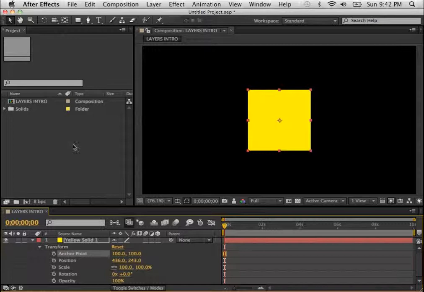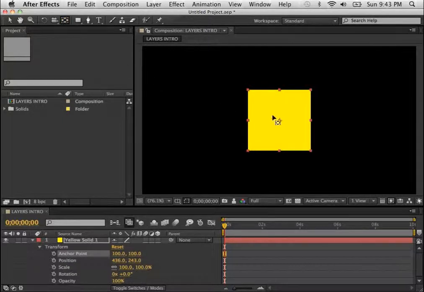But there is a tool for this, and the tool is up in the toolbar here. It's this strange looking dotted line thing with some arrows called the pan behind tool. I was really hoping they were going to come out with CS5 and rename some of these things to make sense. It should be called the anchor point tool. That's what it is. So if you grab that anchor point tool, that's what I'm going to call it, the pan behind tool,